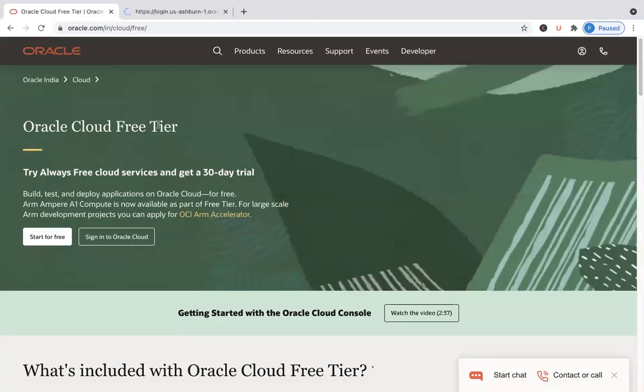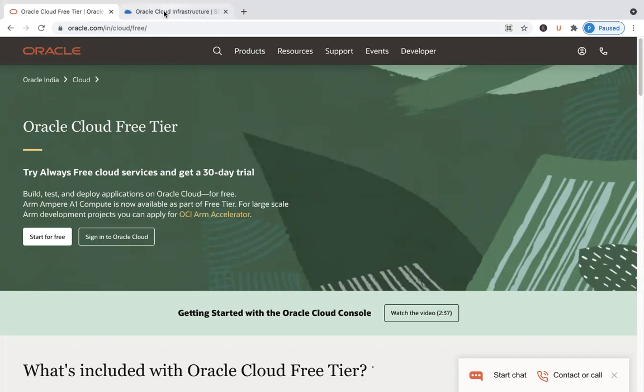If required, you could create yourself a new Oracle Cloud free tier account if you want to explore whatever we're going to teach as part of this OCI tutorial series. All you have to do is come to this page, click on Start for free, and fill in 3 to 4 pages. It asks you to enter your name and email ID, and confirm it. In one of the screens, it will ask you to enter a credit card. But nothing to worry, you will not be charged until you explicitly upgrade your account from free tier to a paid account. So if you want to get your hands dirty in OCI, go to this URL, create a new Oracle Cloud free tier account for yourself, and start using that playground.